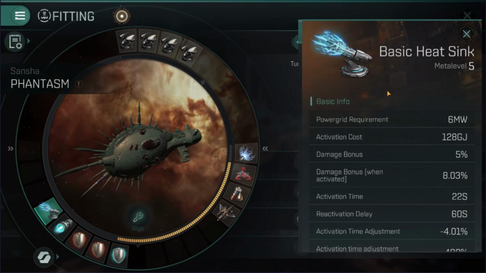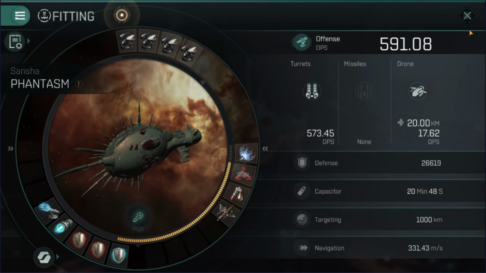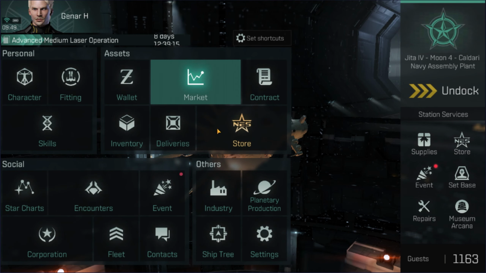And then of course I've actually only got the basic heatsink, and this is something that's important. I'll go show you on the market as well. It's the issue of the damage bonus. The basic heatsink is the lowest faction loot heatsink, which improves, but every heatsink, even the blue heatsink, has a damage bonus of 5%. That's what it adds cold. When it's activated, that's the difference. And so this adds 8%, 8.03%. The damage bonus here is just 5%. That doesn't change. And then of course you have activation time and reactivation delay on that heatsink. So if I just go show you on the market,